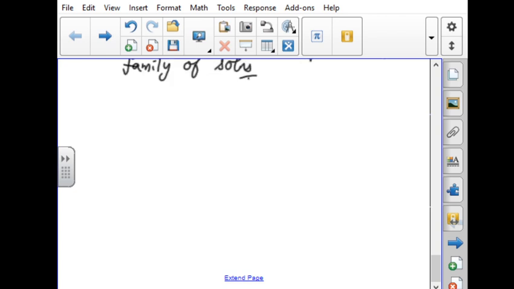Now we shall go with another problem. In this problem, numbers 3 and 4, you can take as homework. For 3, rank of A is not equal to rank of A comma B, so the system is inconsistent and has no solution. No solution means we can complete the answer with that.